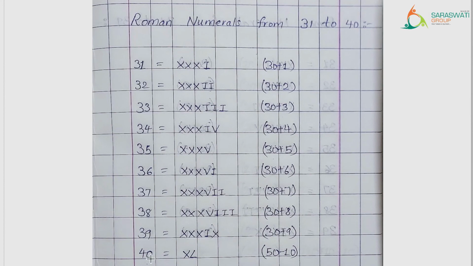Now 40 is equal to 50 minus 10. So यहाँ पे subtraction है. So ये जो स्मॉलर वैल्यू है उसके लिए जो रोमन न्यूमरल है वो पहले लिखना है, that is X. 10 के लिए रोमन न्यूमरल है X and then larger numeral. So 50 के लिए रोमन न्यूमरल है L. So X followed by L, smaller numeral followed by larger numeral. So subtracting 10 from 50, 50 minus 10 is equal to 40. So 40 के लिए रोमन न्यूमरल है X followed by L.